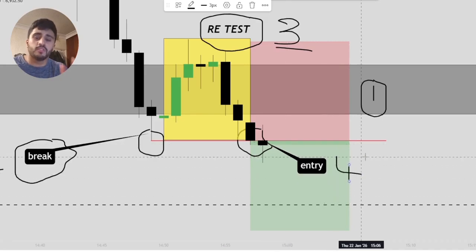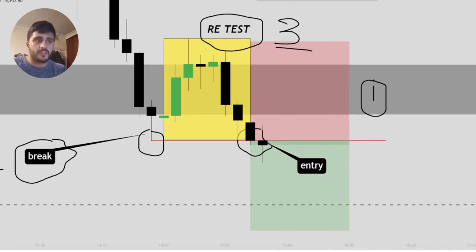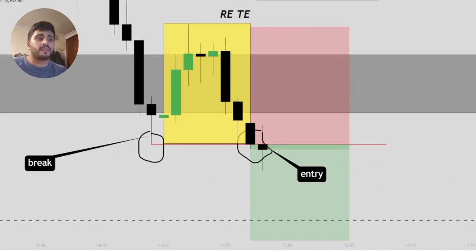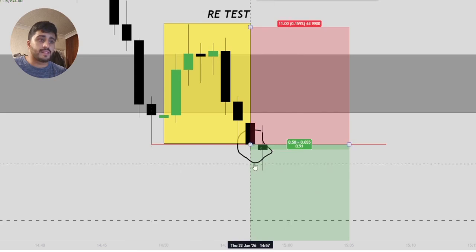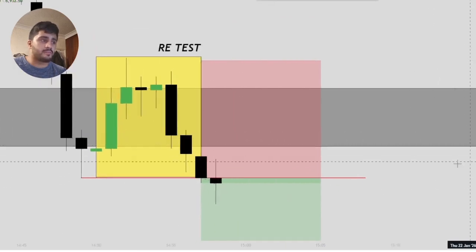So how do you pull the trigger? That's what I'm going to go through in this video. Pulling the trigger basically comes down to reading the retest. So I'm going to clear my charts. Let's now go to the order flow or ATAS platform and break this down step by step. So the yellow